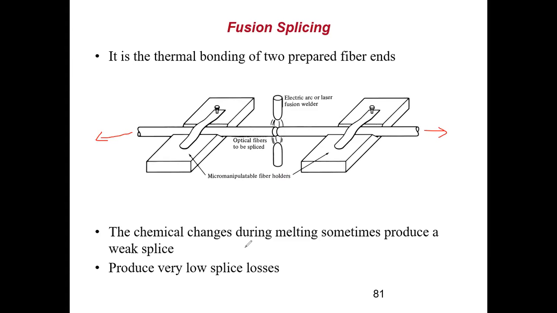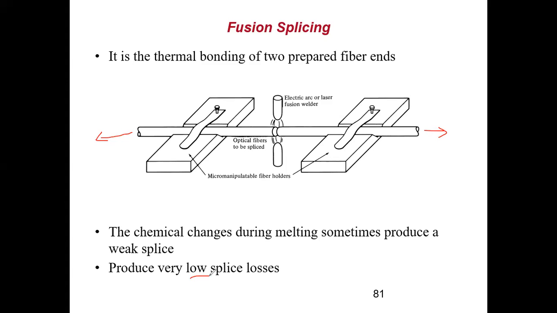Okay, so we cannot avoid loss. There will be, because it's a joint finally. So there will be splicing loss, but the loss will be low. So later on, when we will calculate the fiber loss and all, you will see that the scenario that will be given to you is there is a splice every 2 kilometers, or in some numerical it might be mentioned there is a splice after every 1 kilometer. So consider the splicing loss as so and so.